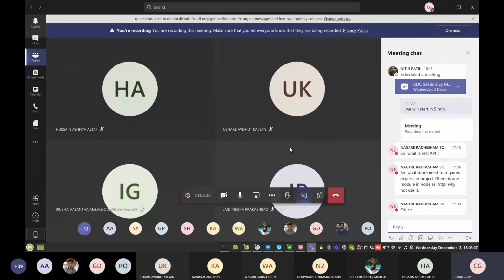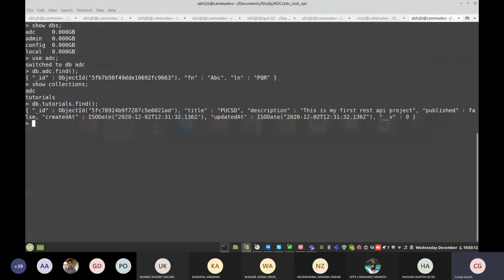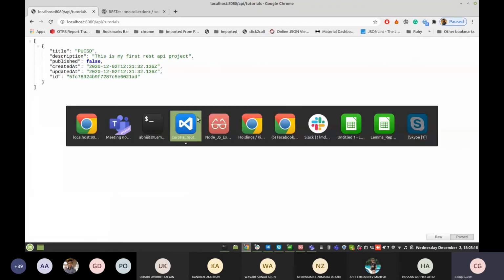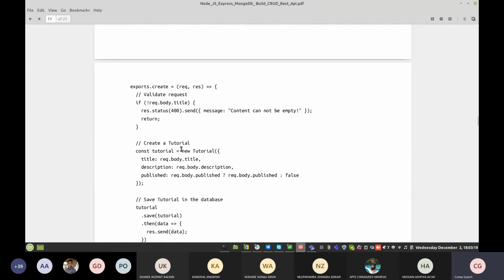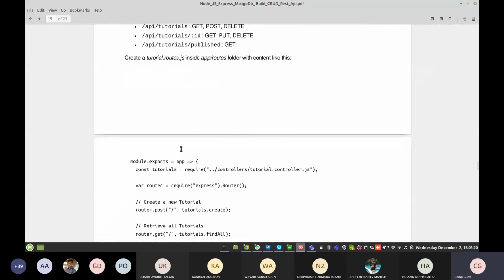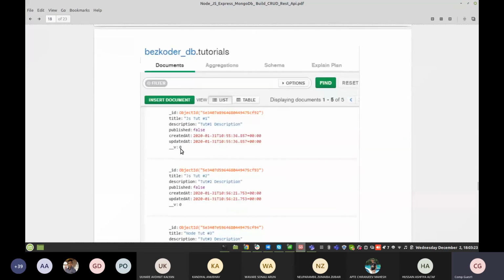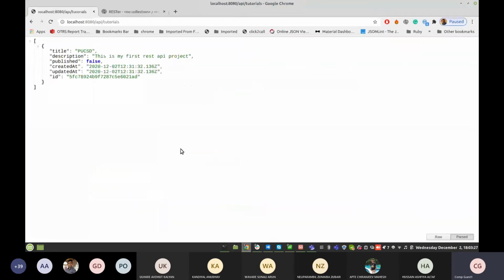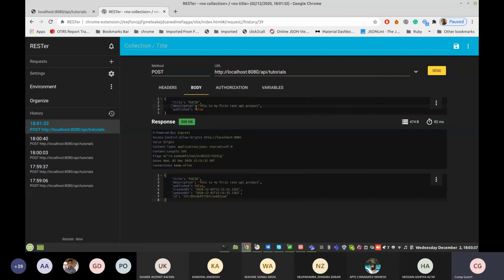Any question, any doubt? Let's perform the next query that we have posted. This is the first, we have created documents. Next we need to get that document. Now we need to post more documents so we can easily identify the list.